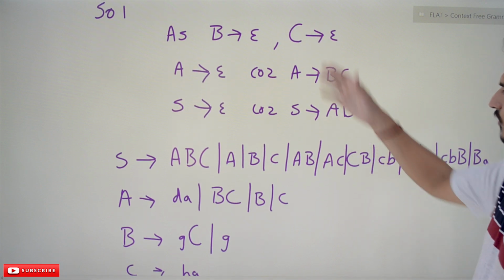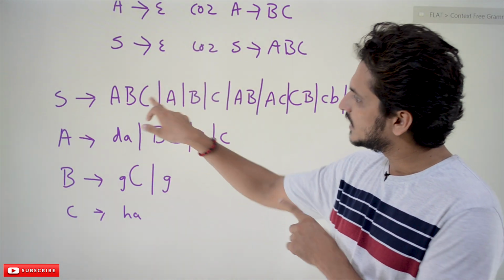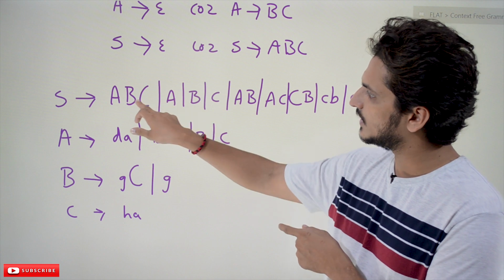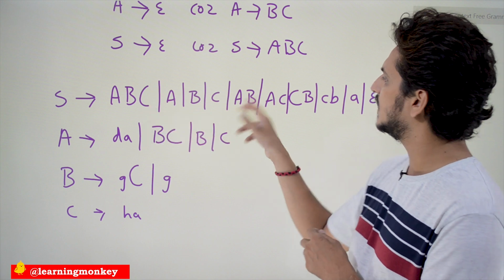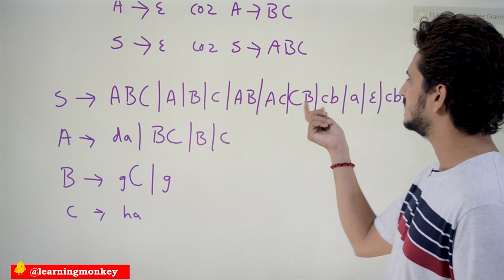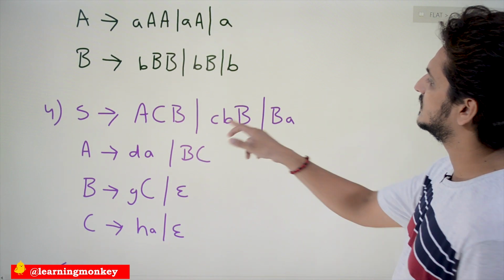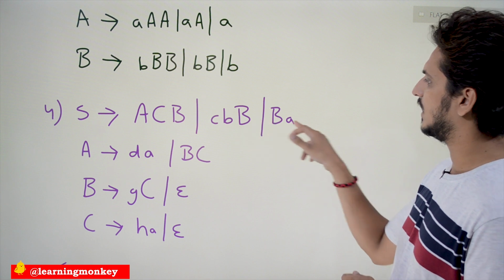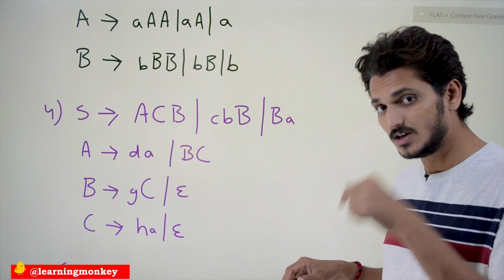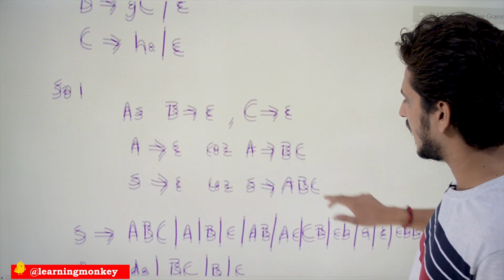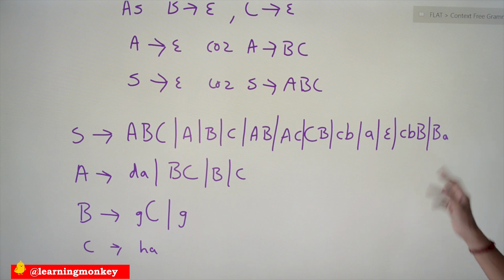Now if you want to substitute in the S production, this is how it will be. S tends to ACB. If you place epsilon for CB, you will get A. If you place epsilon for AB, you will get C. If you place epsilon for AC, you will get B. The same way, if you place epsilon for C, you get AB; you have to write all the possibilities: AB, AC, CB. The remaining things are similar, because from the production we also have CB, B. If you place epsilon for B, CB will remain. If you place epsilon for B, A will remain. And if you place epsilon for A, C, B, the epsilon is inherent in the language. That's why, see here, S tends to ACB, CB, AB, epsilon, CB, B, BA. This is what S is.